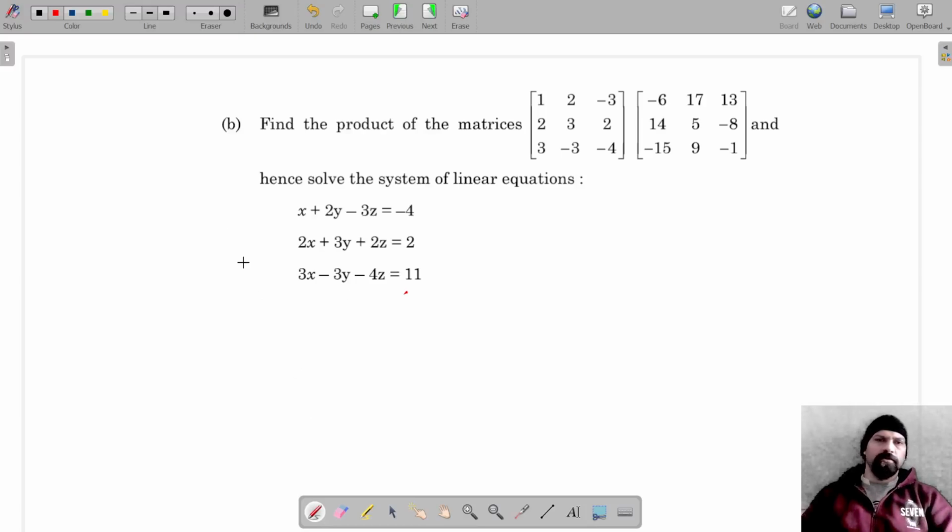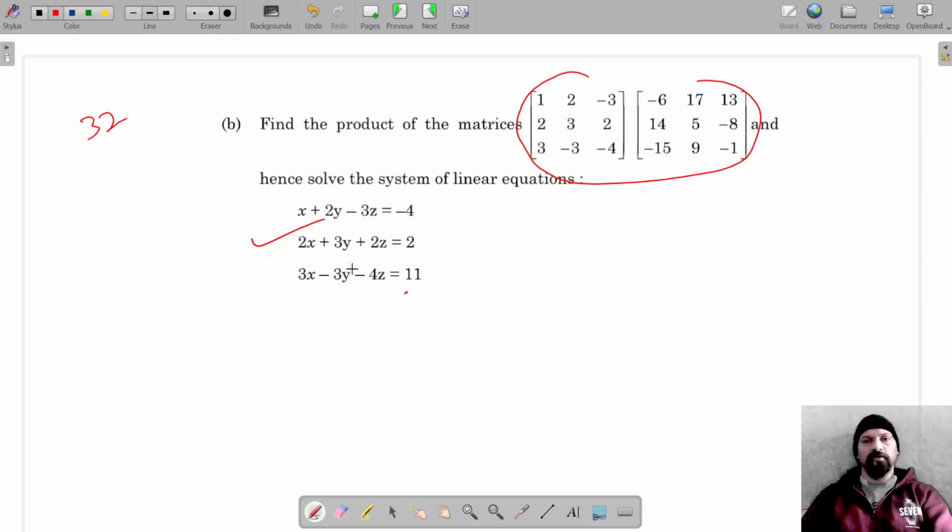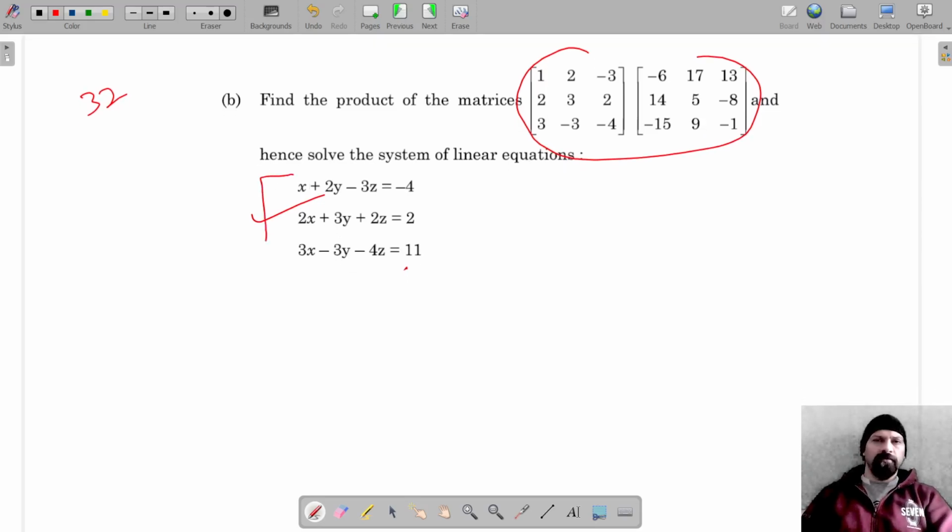Okay, for question number 32, part B, we have to find the product of the matrices, and hence we have to use this to solve the following system of linear equations. So if we write this system of equations in matrix form, it will be AX is equal to B,